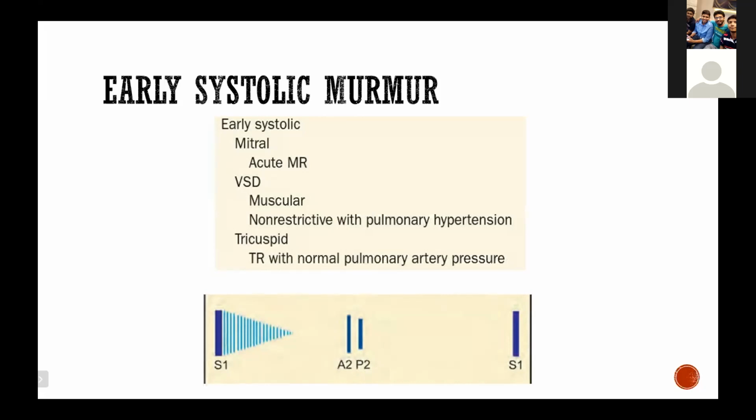Secondly, in the muscular forms of VSD, the most common type are membranous types of VSD, but in muscular type of VSD, you actually hear an early systolic murmur. The reason for this is that as the ventricles contract, in the muscular VSD, due to septal contraction, the VSD will close. So initially you will have blood flow across the septal defect, but gradually because of contraction, the septal defect will close. So once it closes, there will be no further blood flow, and hence the murmur will not be heard.